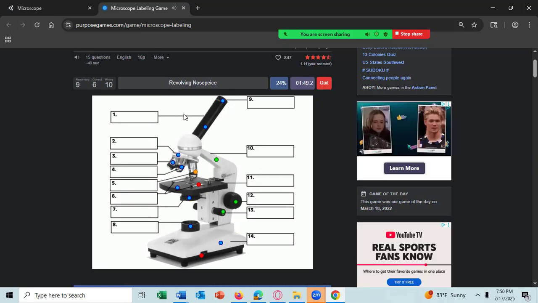Anyways, that'll help you learn the pieces of the microscope if you want. But when you use this, just be careful you don't download something.